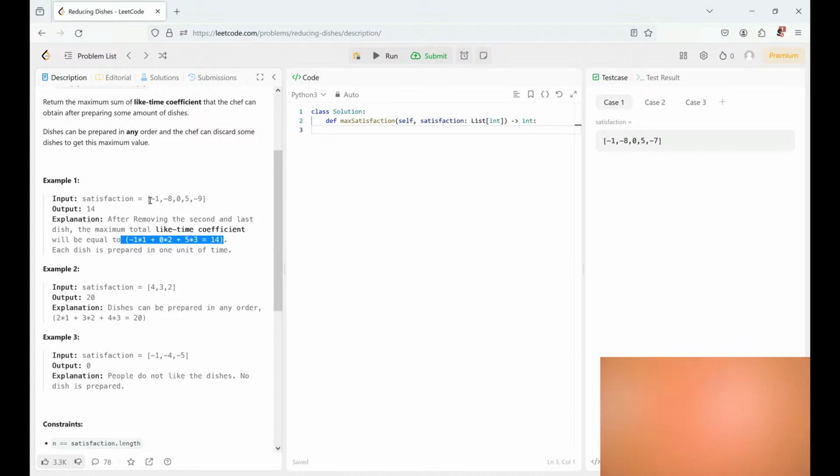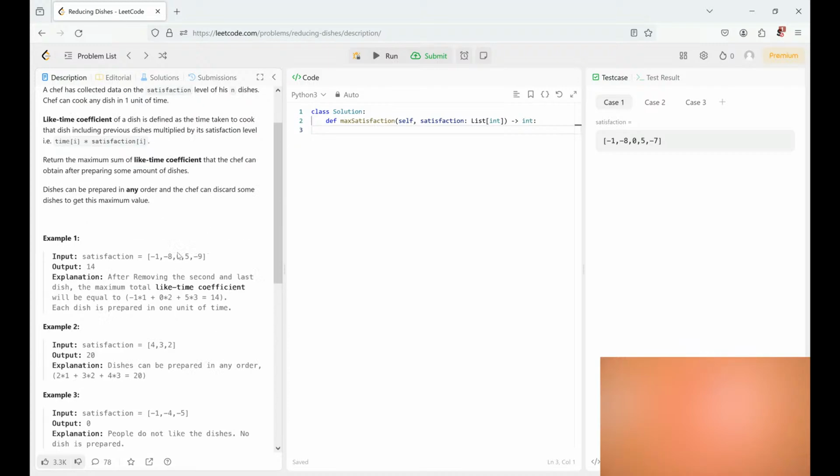Okay, so we removed -8 obviously and -9 obviously, but we left -1, because -1 multiplied by 1, and at the end we got 5 by 3. If we remove -1, it will be 0 by 1, and 5 by 2 will be 10, but we have 14 here. All right, so we have to